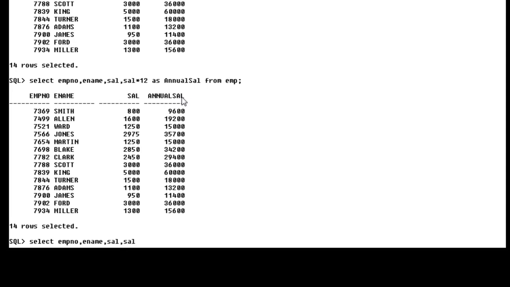actual sal plus sal * 0.10. This is the actual expression. Here in brackets I have provided sal * 0.10, which is 10% of my salary, plus the sal, meaning actual sal plus 10% increment, which is the new salary.